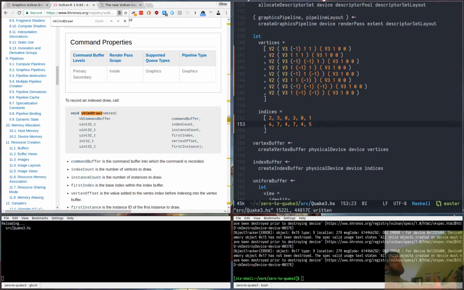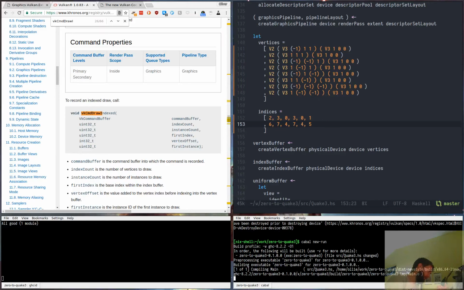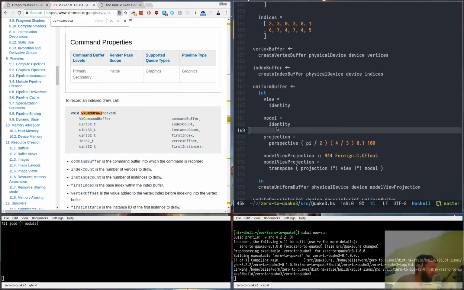So the idea here is I've got two kind of planes, not really planes, squares with a bit of space between them, and that's going to let me test that the depth buffer is working. But right now this is around the camera. So if we view this, I imagine we're just going to see probably a red square, maybe even just blue if the camera's clipping it because it's so close to the camera. But what I'm going to do is push this away from the camera with a model matrix. We'll also have to work out how to change this model matrix, which we haven't done